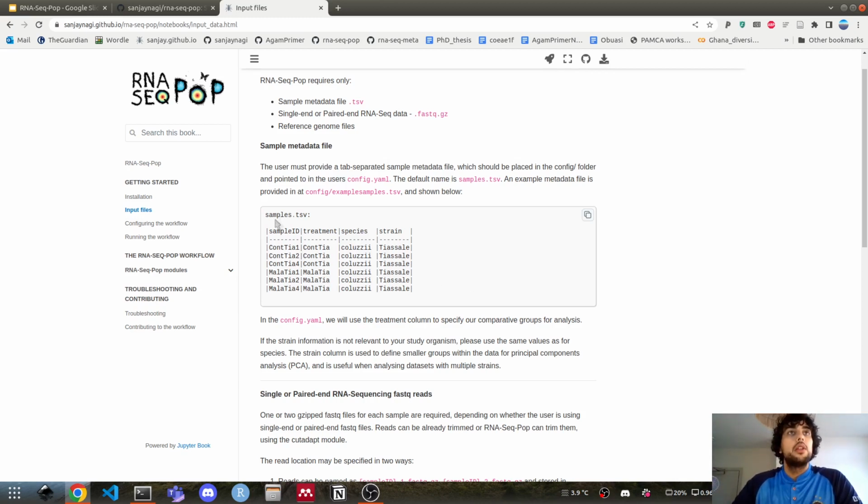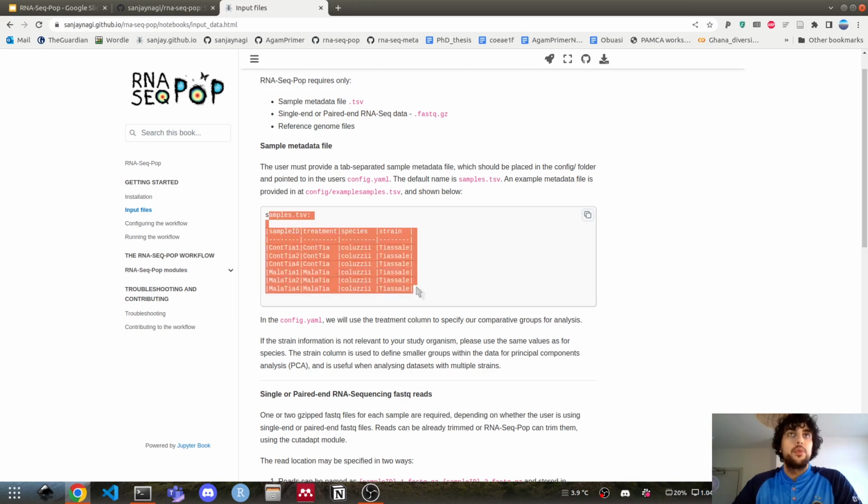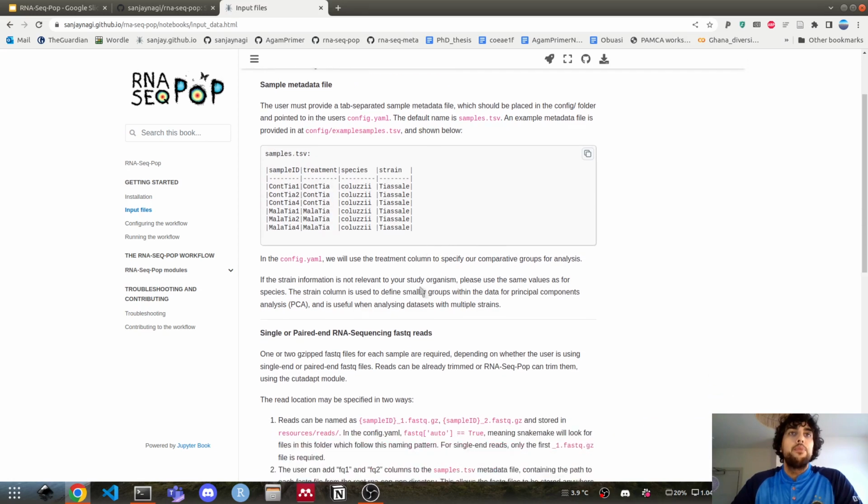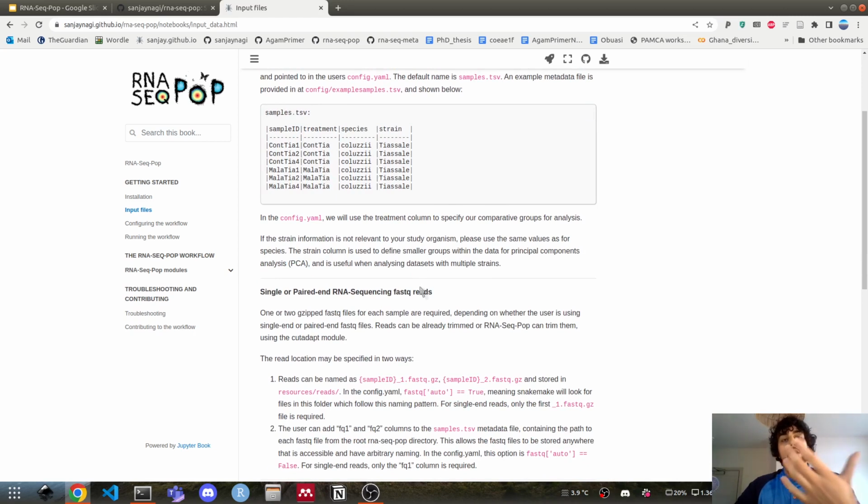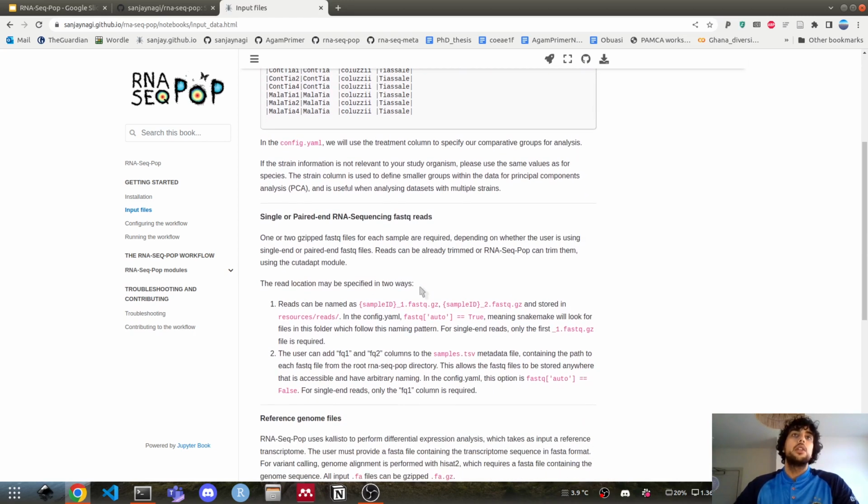So you need a file like this for your data. You also need, of course, your FASTQ reads, and essentially, there are 2 ways that you can specify the names of the reads.